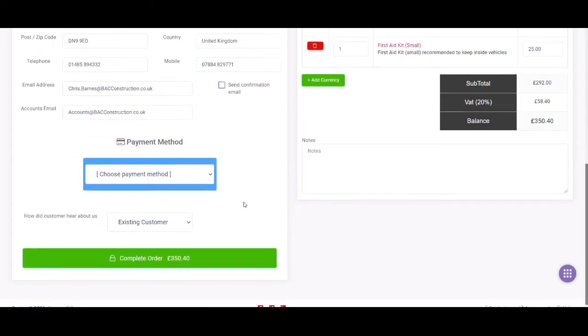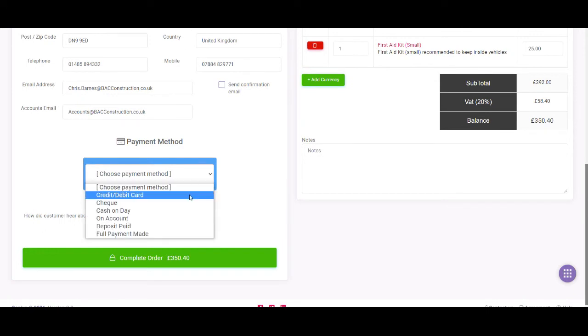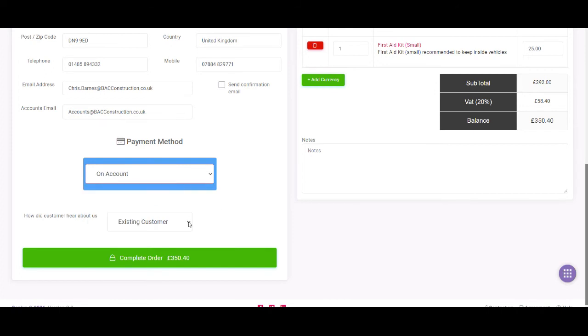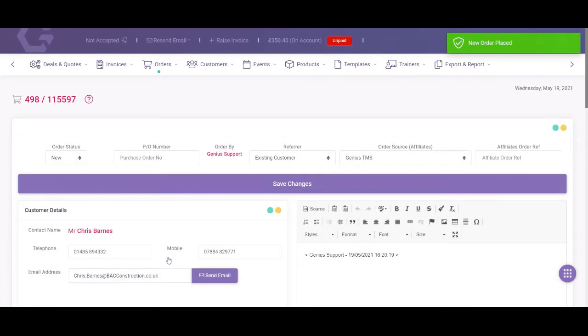Select your payment method. These can be changed in your profile if needed. If you are registered with Stripe, the customer will receive a direct link to pay via the email. Select where the customer has heard about you and press Complete Order. Each order has their own unique ID number, or you can add a purchase number if